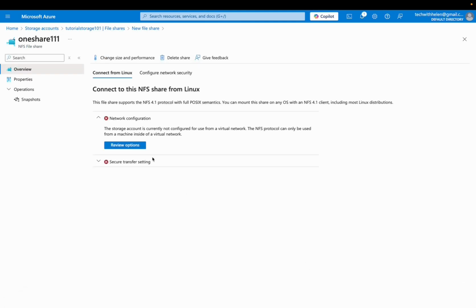So this has been deployed successfully. Now from our NFS file share, I can see connect from Linux, configure network security. For this network configuration, we need to configure this storage account so that we can use it from a particular virtual network. The NFS protocol can only be used from a machine inside of a VNet. So if I click on view options,